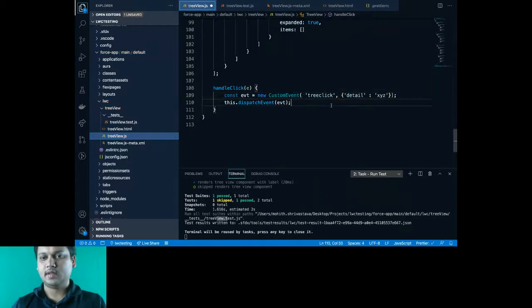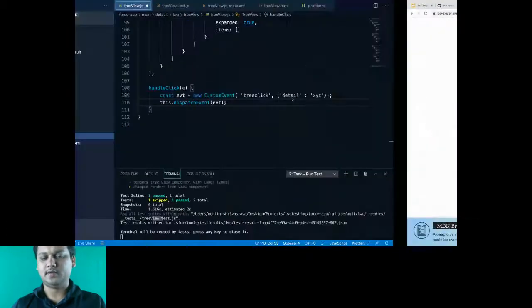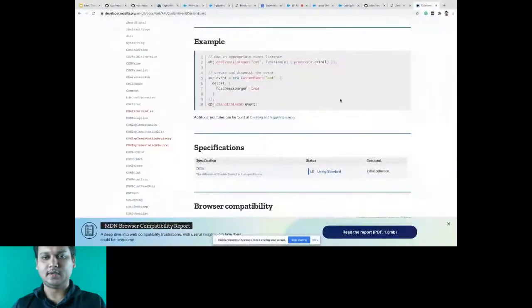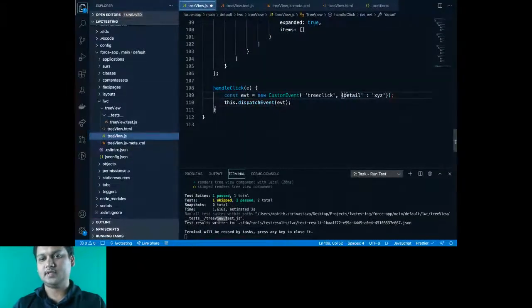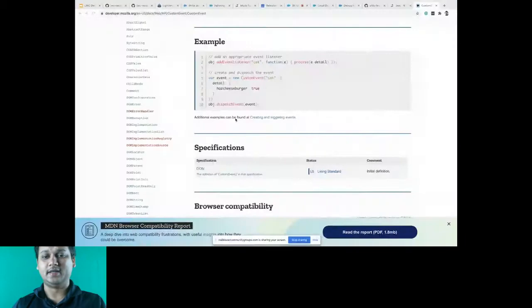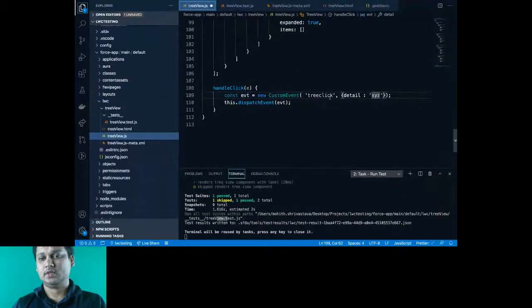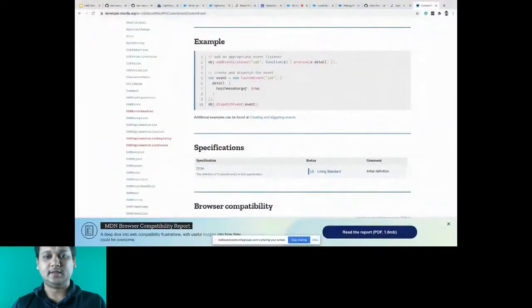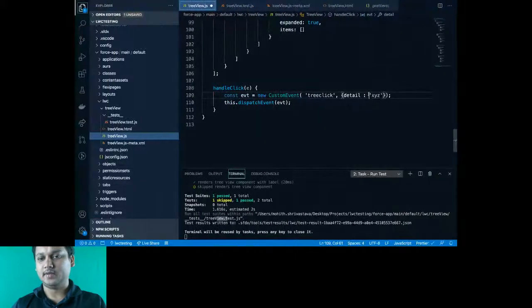Okay. And then we don't even need this. So it's standard JavaScript here. So TreeClick, right? Detail, I just pass some data, and then I'm just passing the thing. Okay, detail is also a JavaScript object, so this has to be an object actually. So I'm gonna say